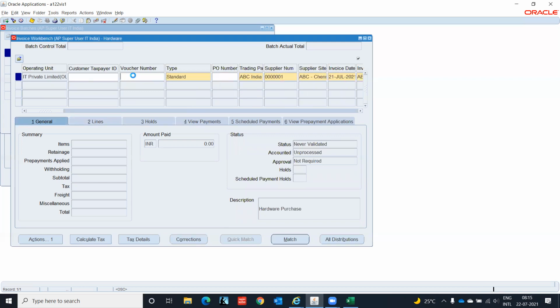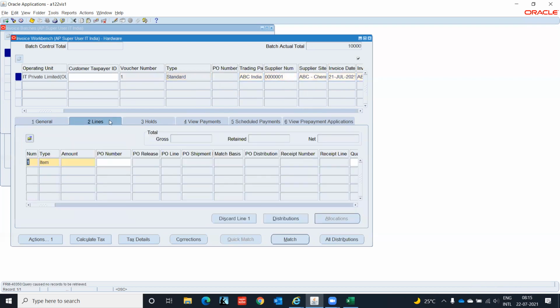Okay, voucher number, let's say 1. Click on lines. It was asking me voucher number because right now I am entering the invoice manually. So manual invoice voucher should be used with the manual.